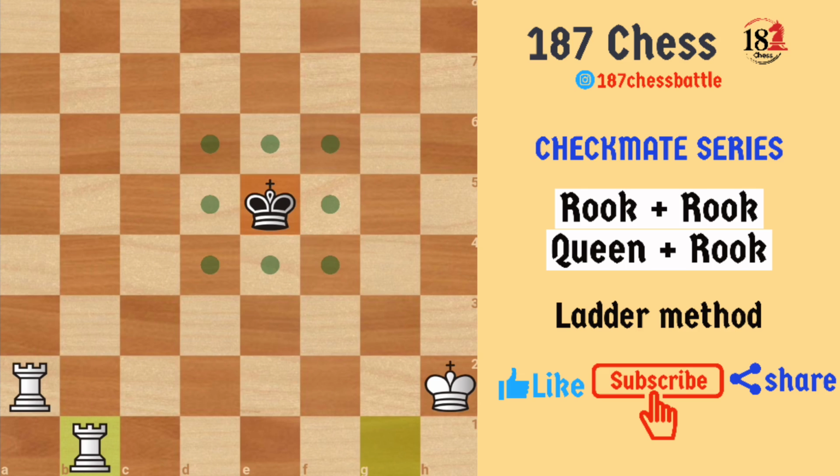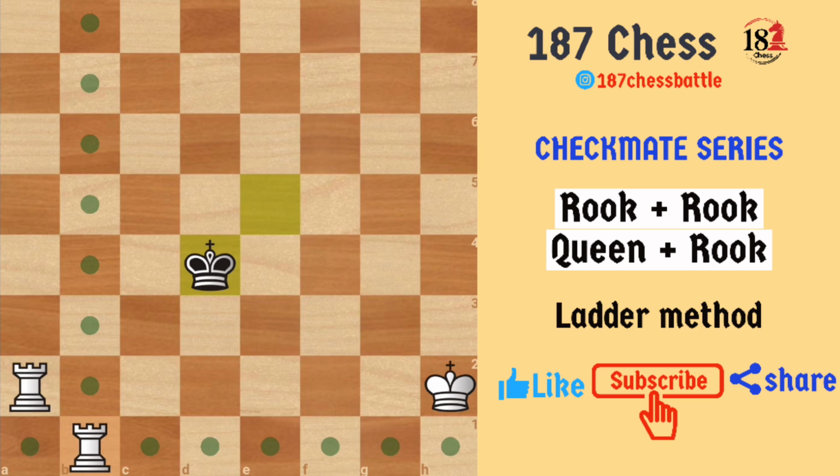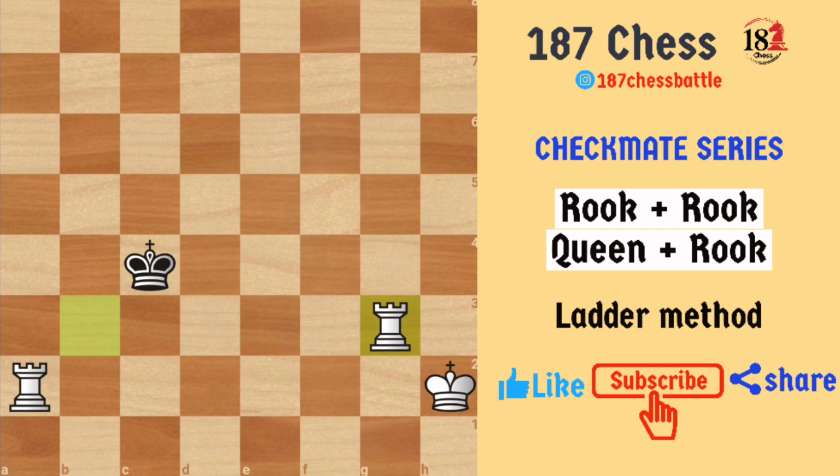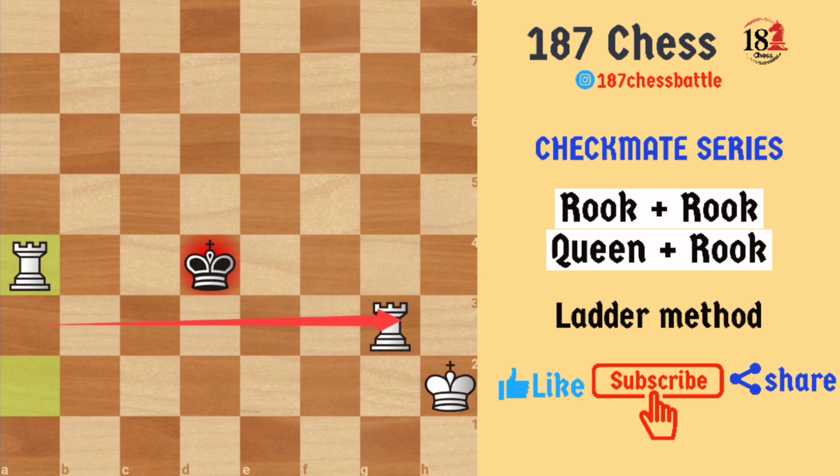Let's say the black king goes somewhere here, and I'll play my rook here, and now the enemy king comes near our rook, and now we cannot just simply follow our pattern and give check, because it will capture our rook. So what we have to do is bring our rook to this square, and we will follow our pattern with one rook on this side and the other rook on this side. Okay, let's say the enemy king goes somewhere here, then we can just check him here, and now you will see that one of these rooks will control the king to come front, and the other rook will control the king to go back,